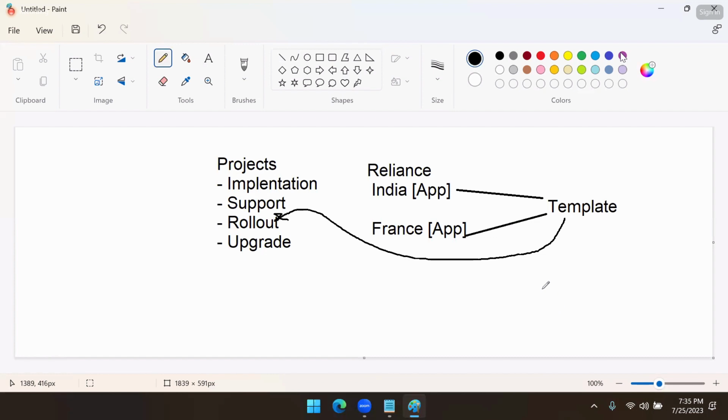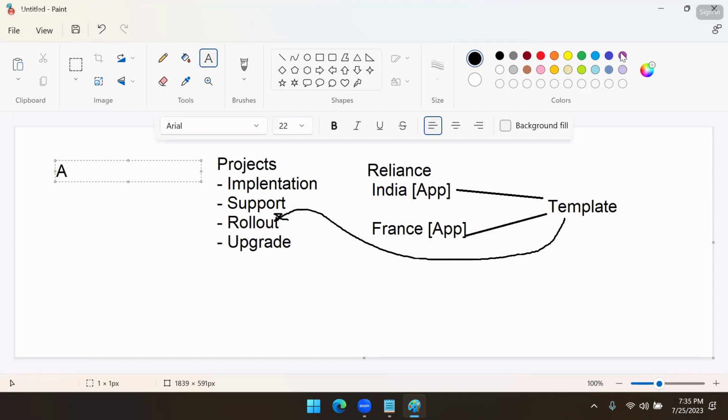There is another place. Templates are not only used in rollout, there is another concept. For example, we are developing an application. Suppose you belong to some company like IBM and you are developing an application for HDFC Bank. For HDFC Bank, you are developing an app. Then what HDFC Bank will do is,